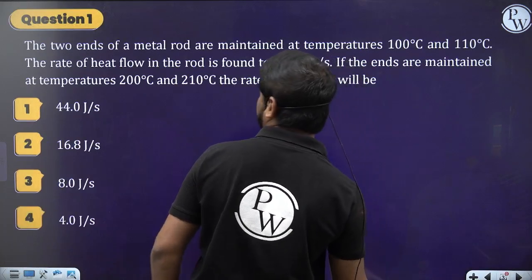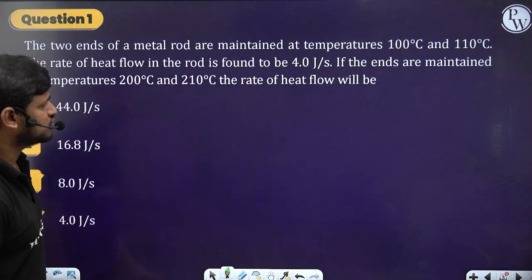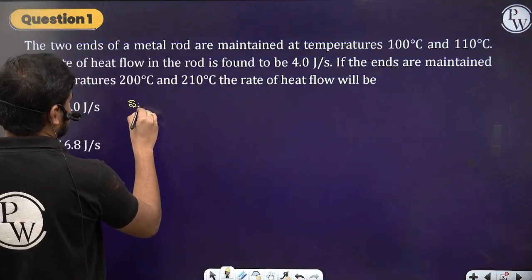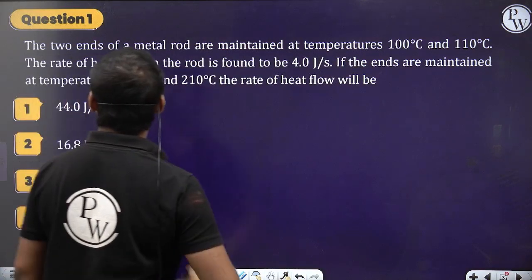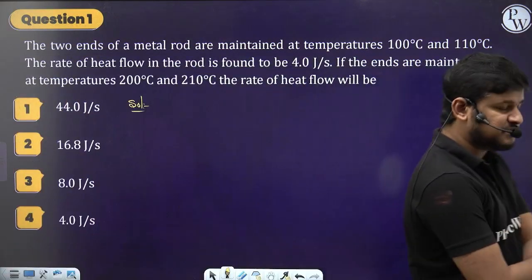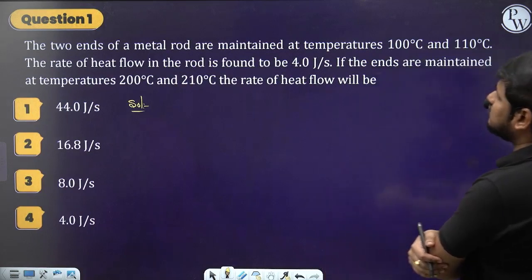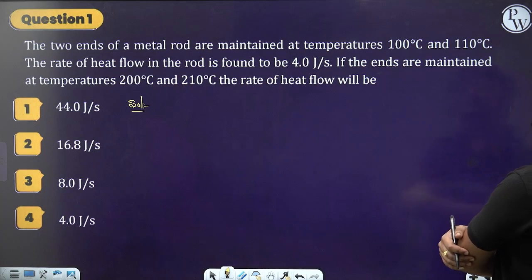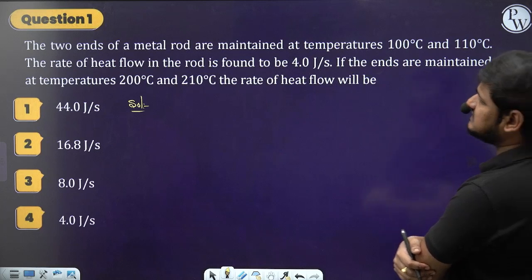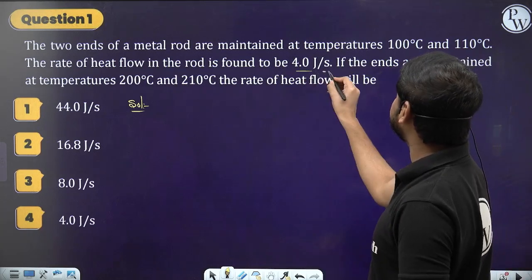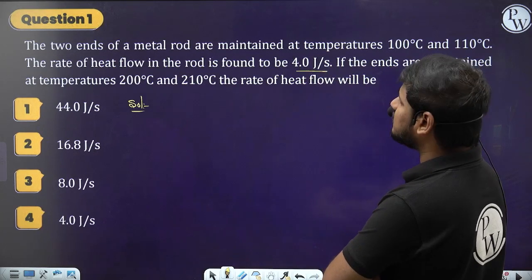So the first one, let's start with a question. I gave this question as a homework for you in the last session. Hope you guys solved it. So let's try again along with me. What does the question say? The two ends of a metal rod are maintained at temperatures 100 degrees and 110 degrees. The rate of heat flow in the rod is found to be 4 joule per second. So if the ends of the rod are maintained